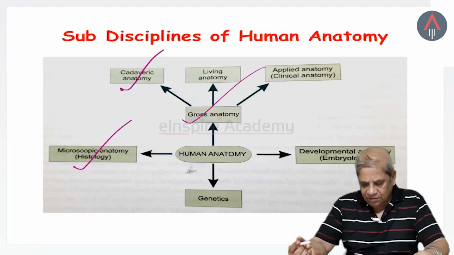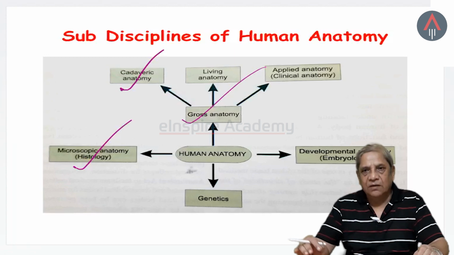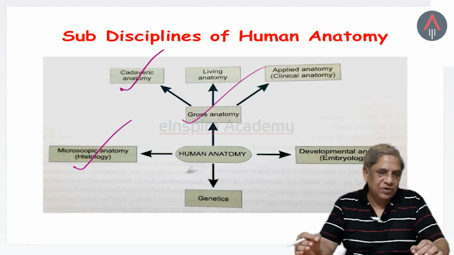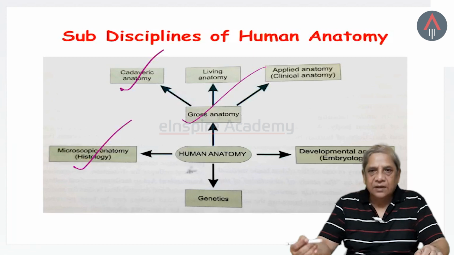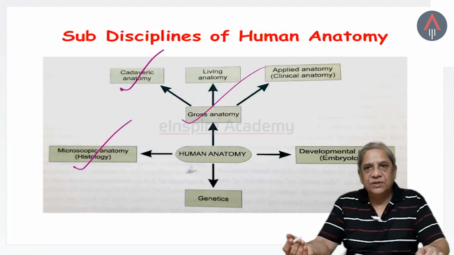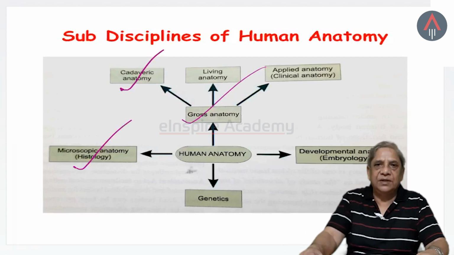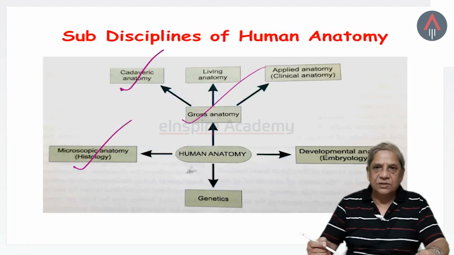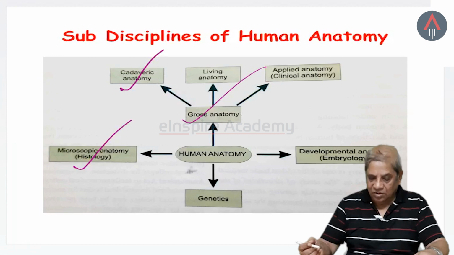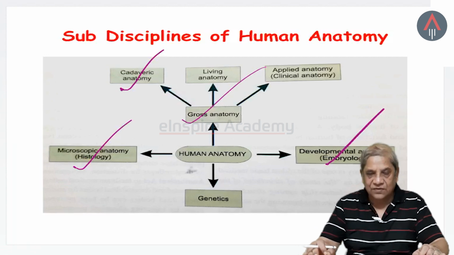Okay, then the third branch is the developmental anatomy. This is the development of an embryo or fetus right from its fertilization, okay, right up to when adulthood is achieved. That is the developmental anatomy, while embryology is that period right from fertilization till the newborn is born. Okay, I mean say till the baby is born. That period of whatsoever development takes place is the embryology. So that will be another important branch for you to learn.